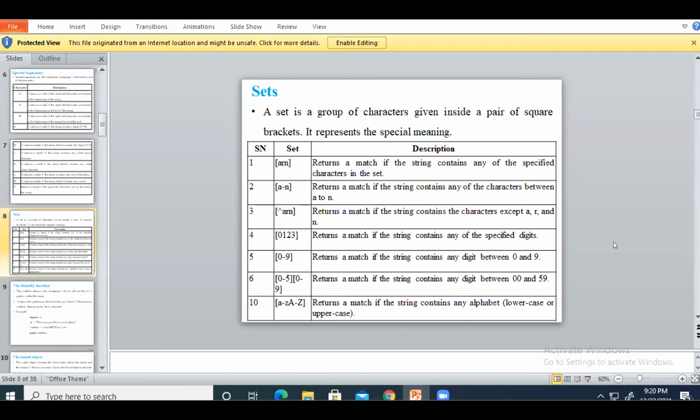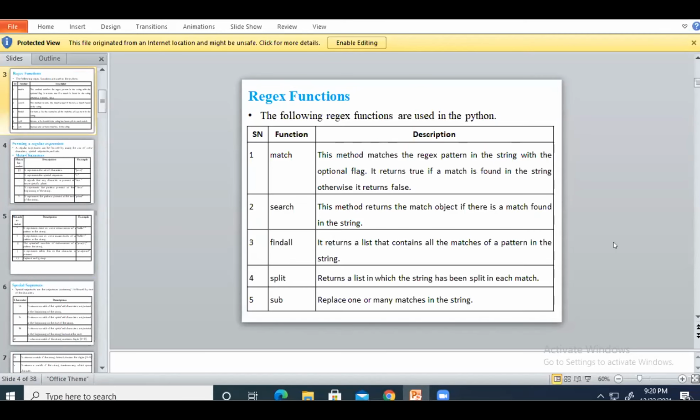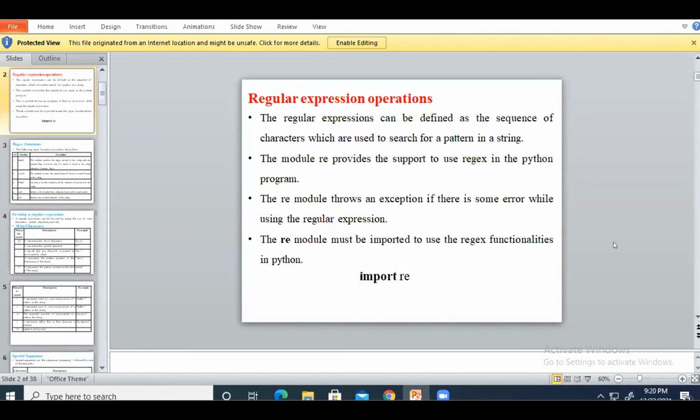Okay, so all of you understood the regular expression operation? Yes, ma'am. Yes, ma'am. Okay, so any doubt regarding regular expression? Any doubt?